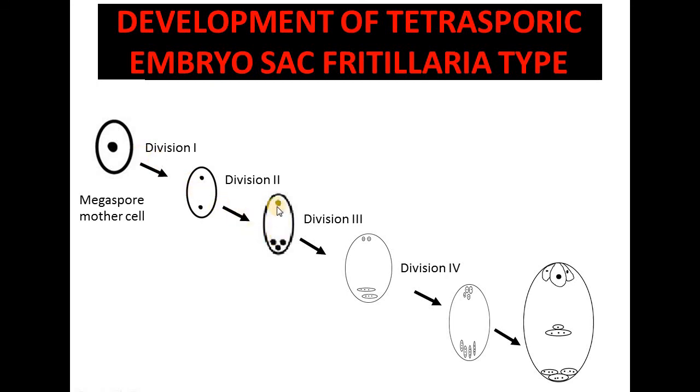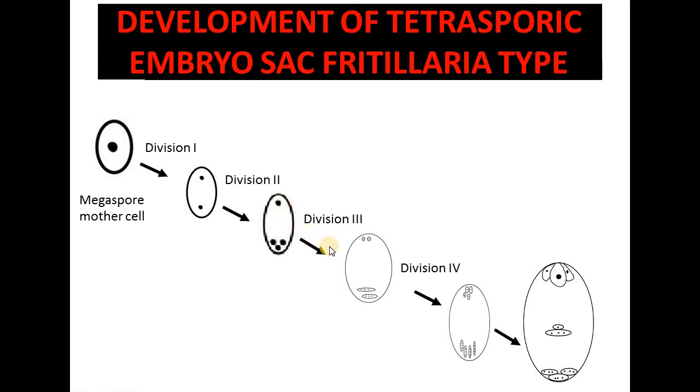So this is the process of meiosis. As a result of meiosis, 4 nuclei are produced, and all these 4 nuclei participate in the formation of the embryo sac. That's why it is a tetrasporic type of embryo sac. You can see these 3 nuclei are present at the chalazal end and only 1 is present at the micropylar end. These 3 nuclei at the chalazal end will fuse to form a single triploid structure. So this is a triploid structure and this one is haploid. Such an arrangement will be there.